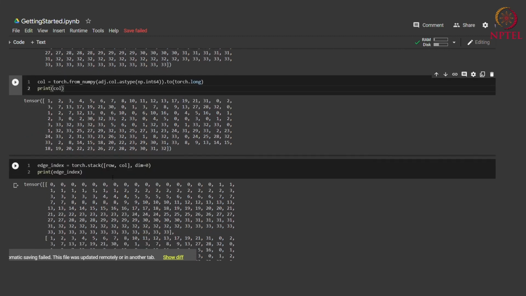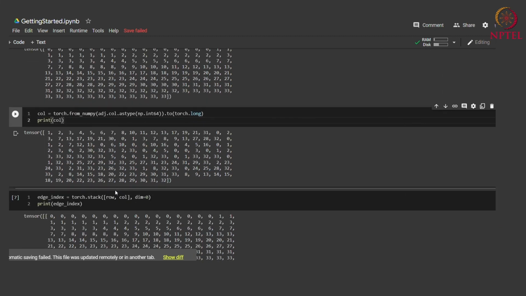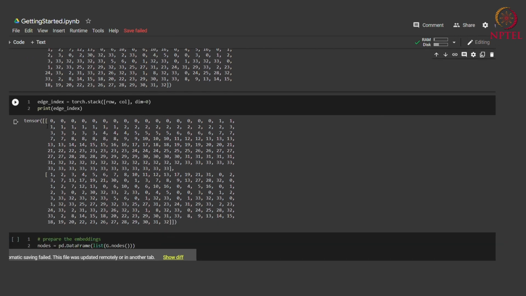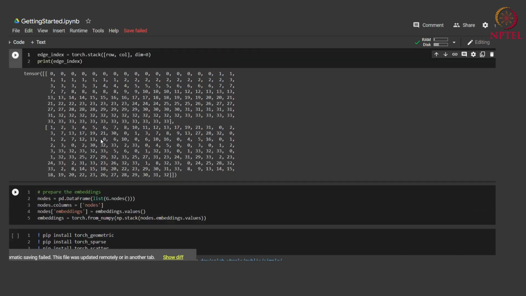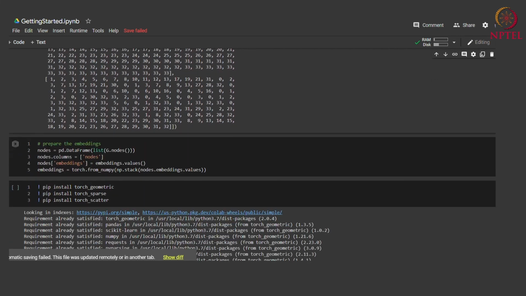Then we'll just stack these row and column together to create this edge index in the format that we want. The first list is basically the source nodes and the second list is basically the target nodes, right? And we just create a tensor out of this. Now, once we have this edge list, what we can do is,